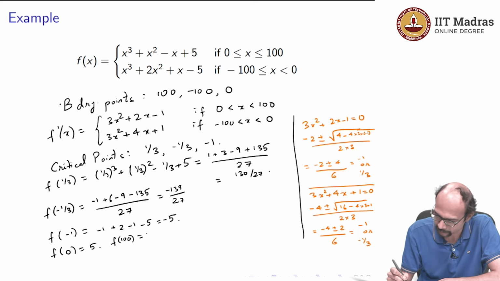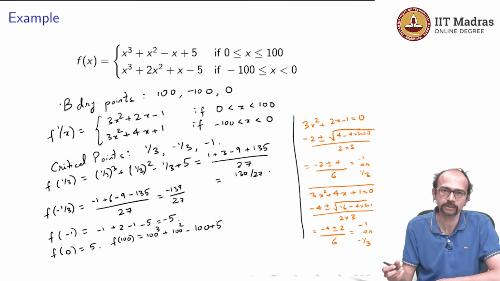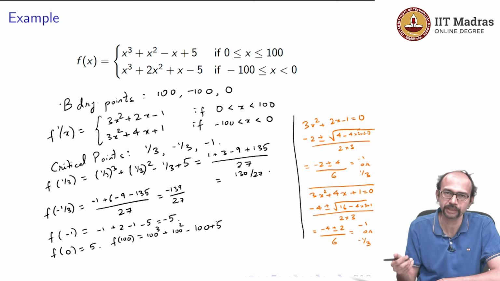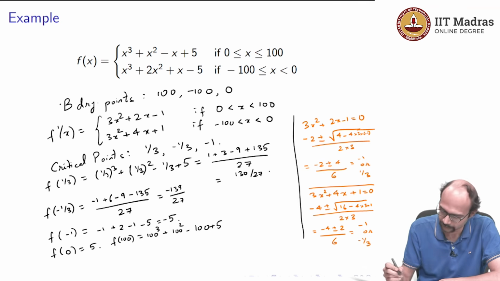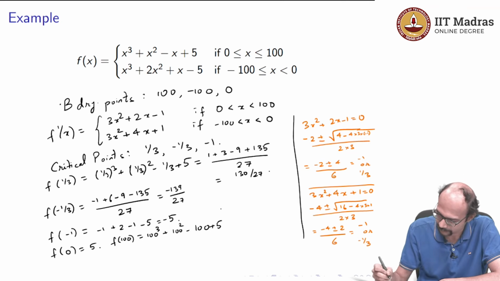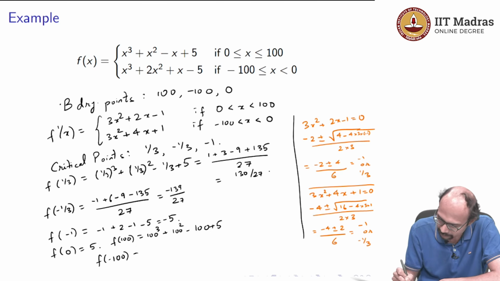So, f of 100 is 100 cubed plus 100 squared minus 100 plus 5. So, I am not going to compute this value because it is obvious that this number is really large as compared to the other numbers, which are all in the range of 5 or minus 5 or between minus 10 and 10, and this number is of the order 100 cubed. So, this is clearly a huge number. So, this is certainly larger than all of these others,